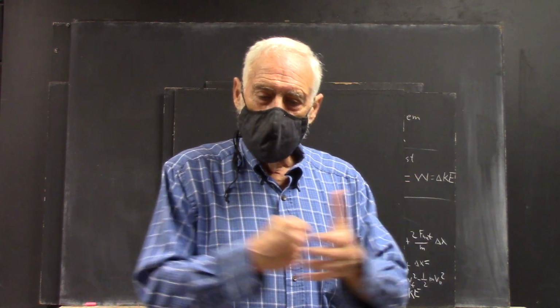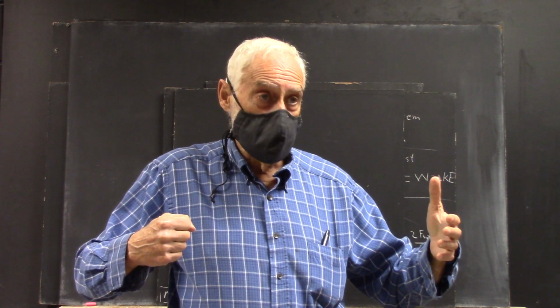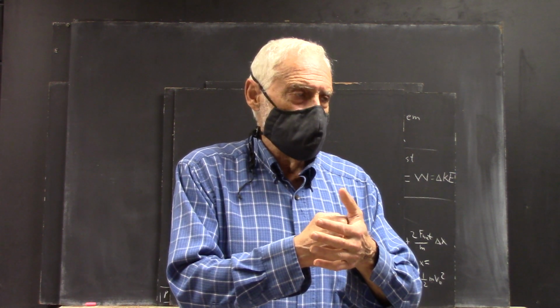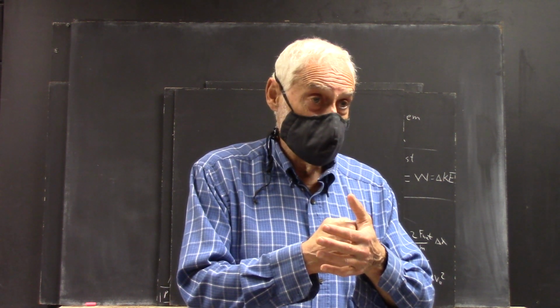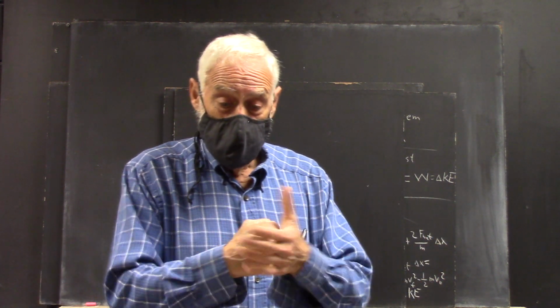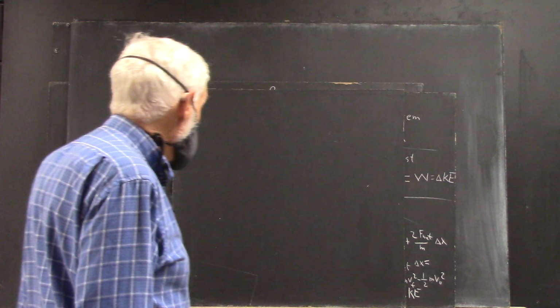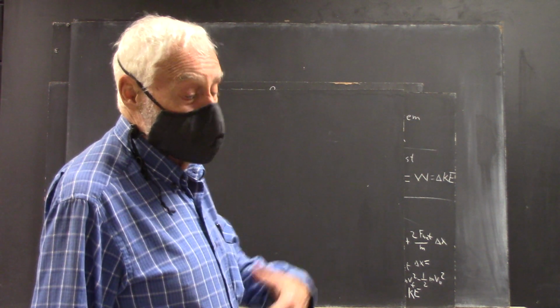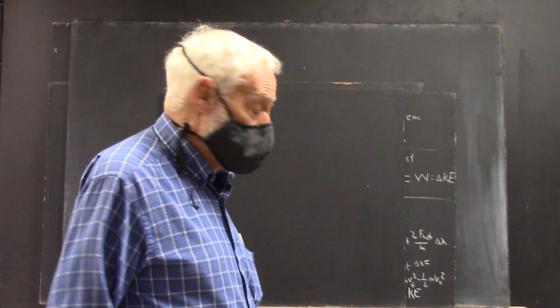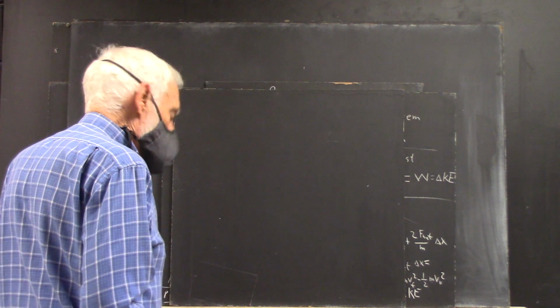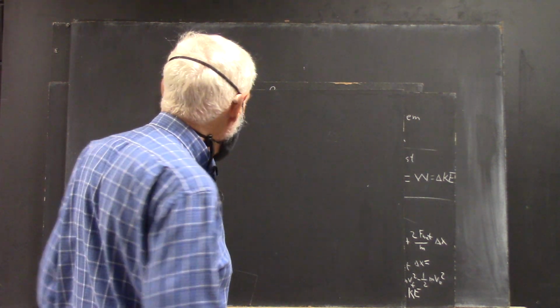If they bounce off of each other in such a way that the kinetic energy doesn't change, because in an inelastic collision, if they stick together, kinetic energy is always lost. Okay? If kinetic energy isn't lost, they bounce off of each other in such a way that the kinetic energy afterwards is equal to the kinetic energy before. Regardless, in a collision,